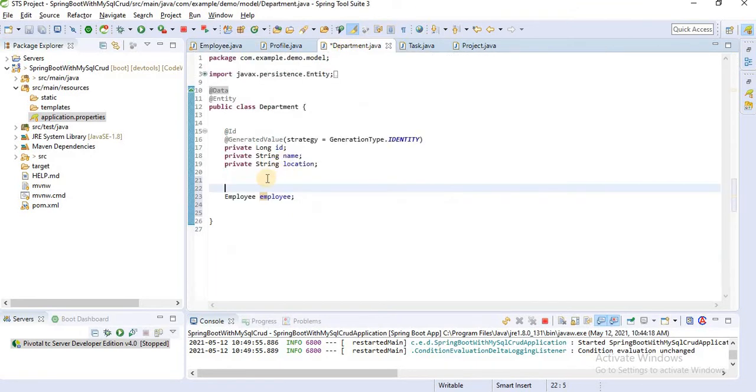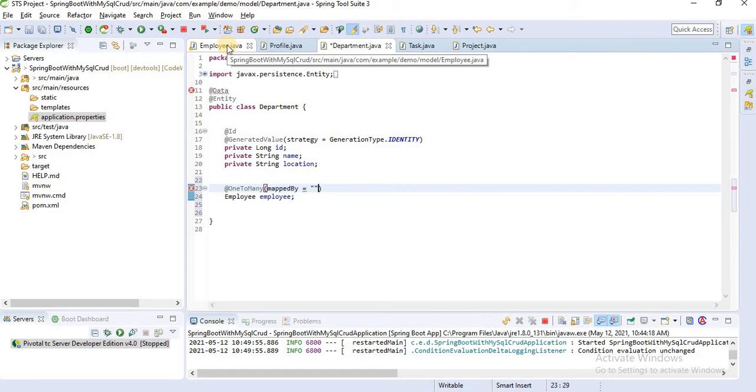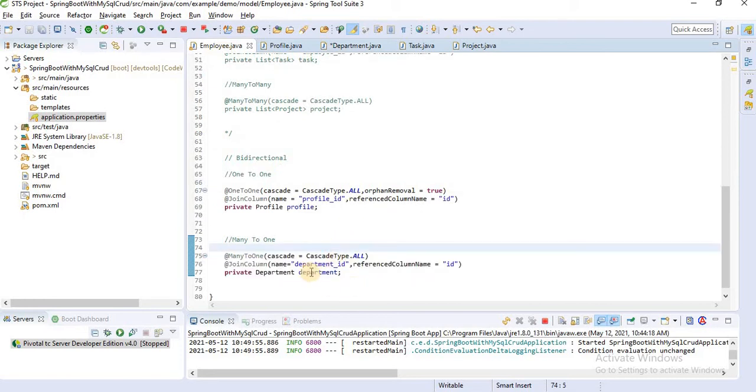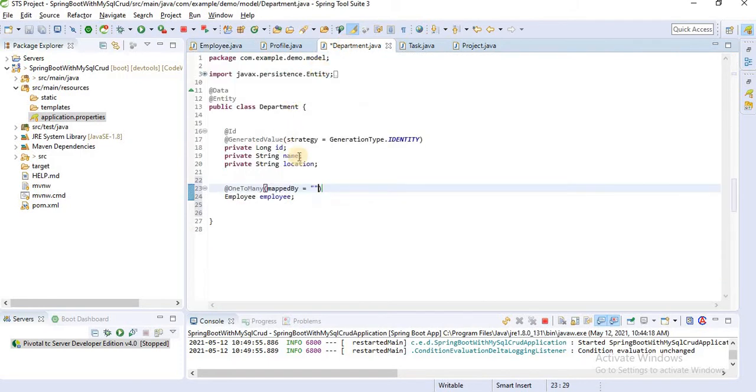Here we have to define one to many, enter mappedBy and add department, because we need to store the department ID inside the employee table.